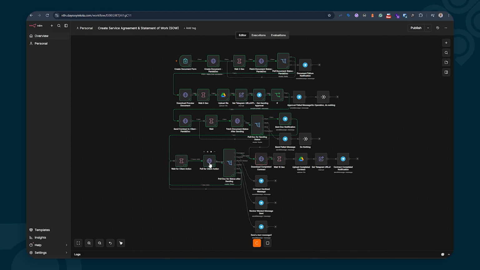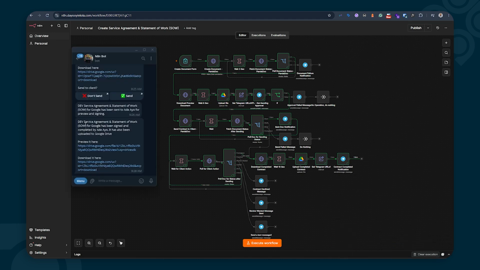It's going to ask for the status of that document from PandaDoc, and then that will determine what the automation will do next. So it asks for the status, and PandaDoc told it that the document has been completed by the client. So it downloaded the document over here, and it's going to wait for 10 seconds, then upload the documents to Google Drive. It's currently uploading to Google Drive, and then it sends me a notification